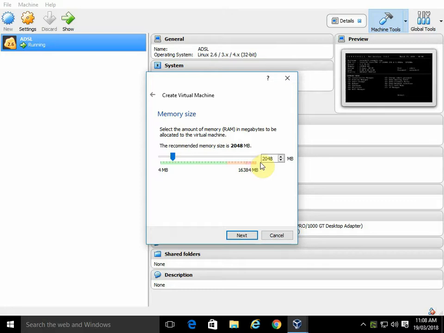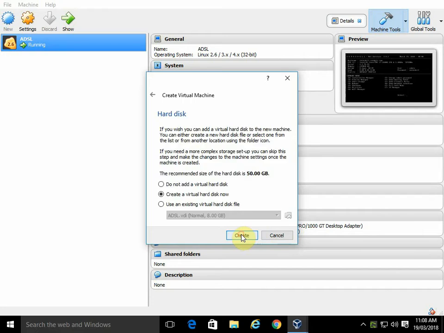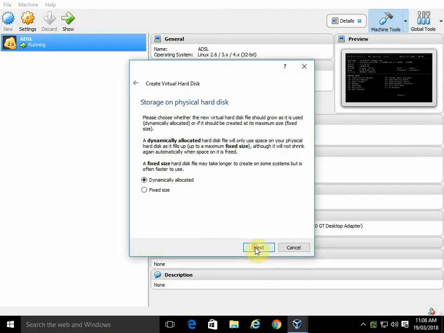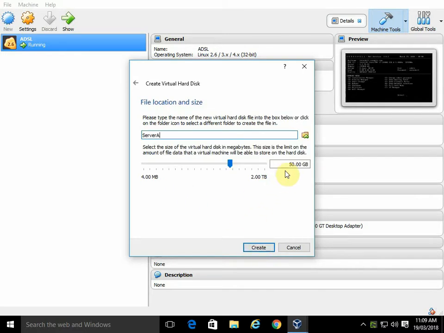We'll initially give these 2 gigabytes of memory, but at some point in the future we're likely going to have to increase it, but we can do that later on. So next, give it a virtual hard drive, VDI format so it's native, dynamically allocated so we only use what we need, and it currently says 50 gigabytes. Yeah, we might make that 150 just for fun. We're only using what we need anyway, so let's go create,